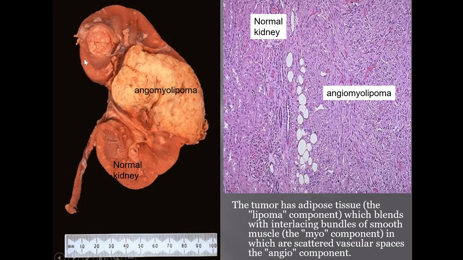So this is a gross picture. Here you can see again, just to show the multiple foci. Here there's one pattern here, there's one pattern here. It can be from 4 centimeters to really big, and there is no typical feature as such seen on the gross. It can very commonly mimic a renal cell carcinoma.